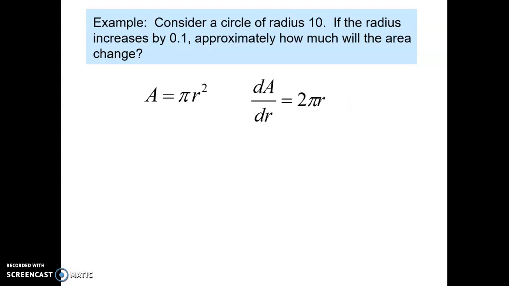Now, if I took the derivative of this expression with respect to r, so I'm taking the derivative of the area with respect to the radius r, that is dA dr, it's going to equal, if we use our rules, this pi is a constant. We're going to drop this 2 to the front. That's the power rule. So I would get 2 pi r. By the way, I do want you to notice that the derivative of the area of a circle is equal to 2 pi r, which is actually the circumference. That being said, remember, if dr is a very small change and we want to know approximately what is the very small change in the area,